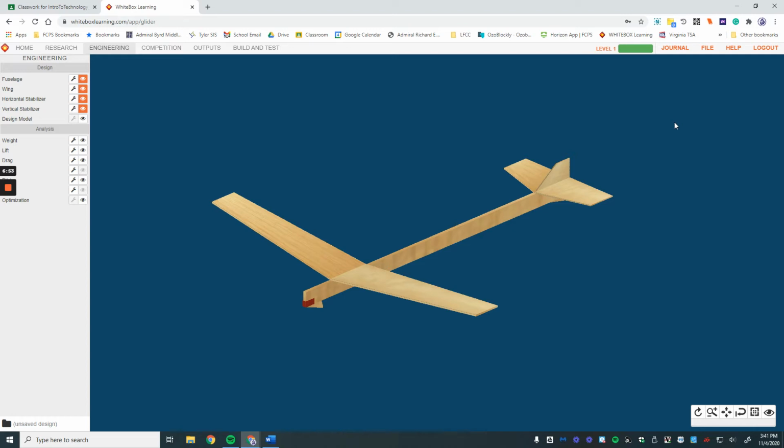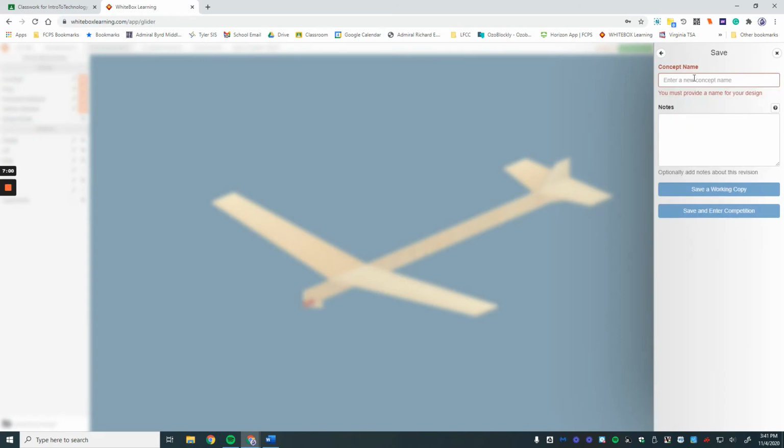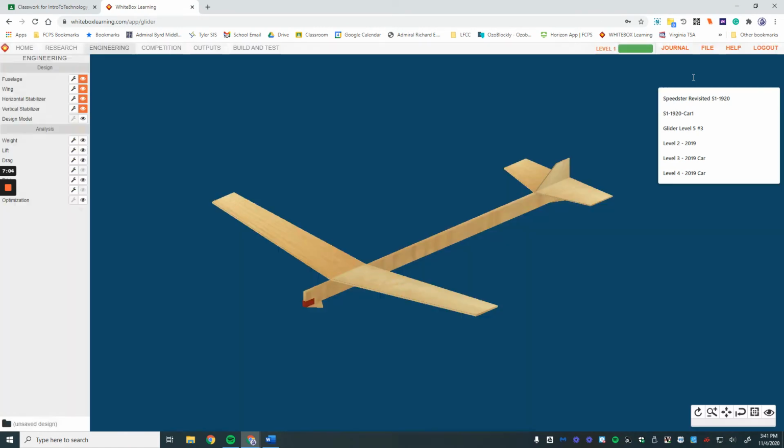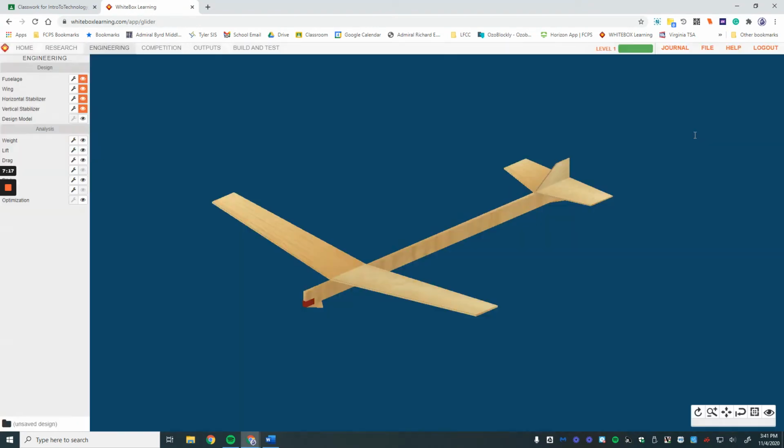This is not Google. It does not save itself. I like to do this right at the beginning. I'll go into File. I'll save this. I'll name it something. How about glider for video? Just name yours something school appropriate. Notes, each time you go in and save, you can add yourself notes, and it's really helpful. But